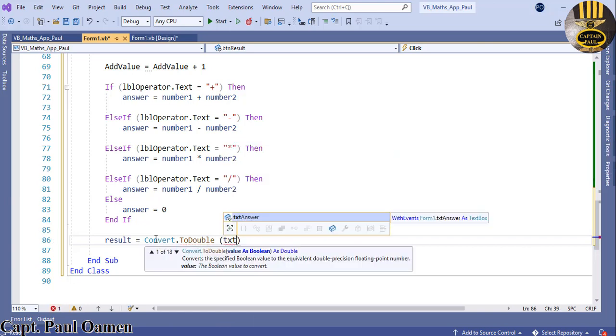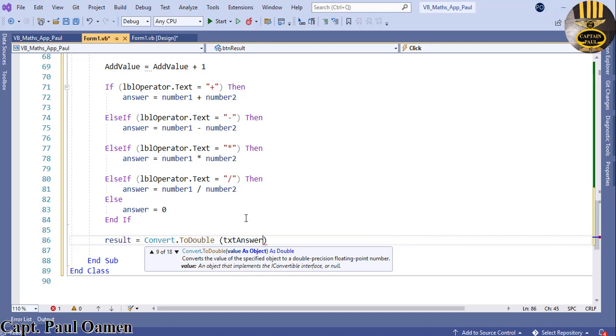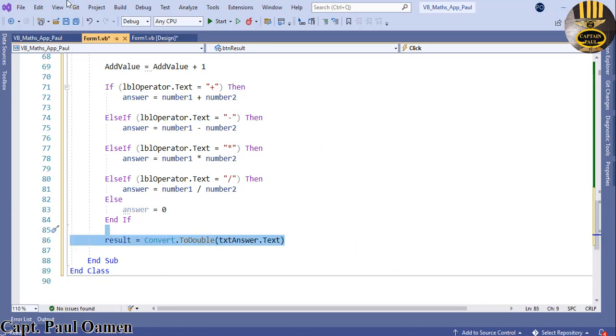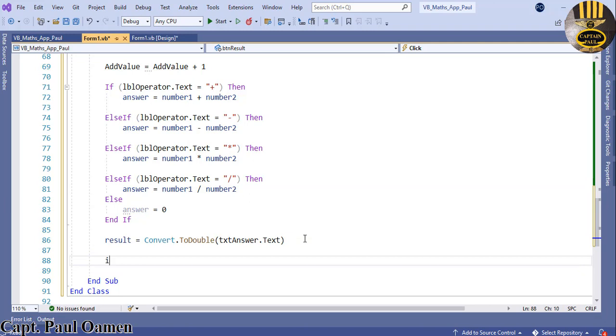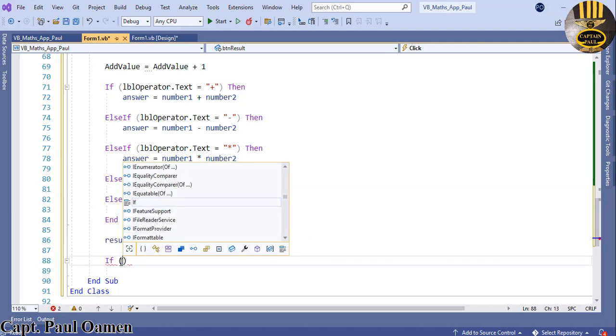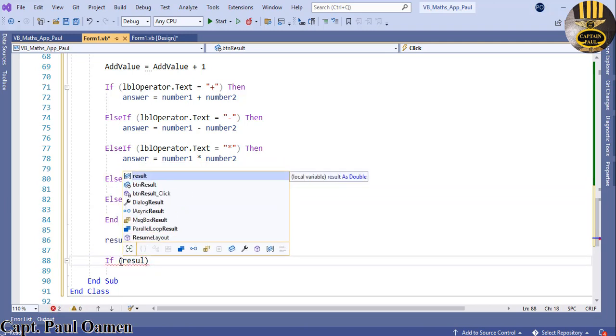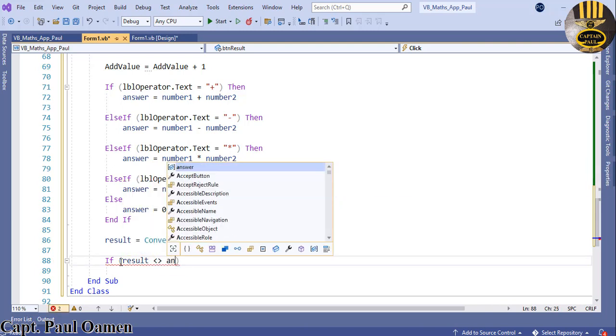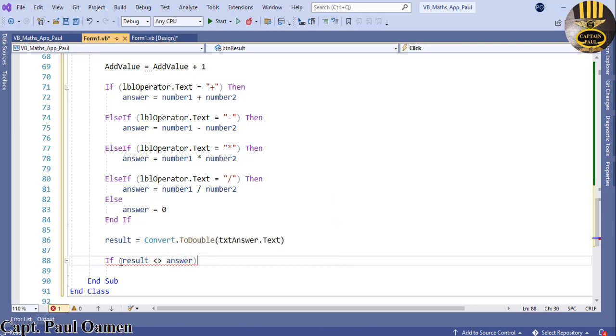TXT answer, whatever answer you enter is stored in there. Once that answer is stored in there, we now need to compare the result to the answer that is stored in here. So to do that, use a conditional statement again. If result is not equals to answer, then